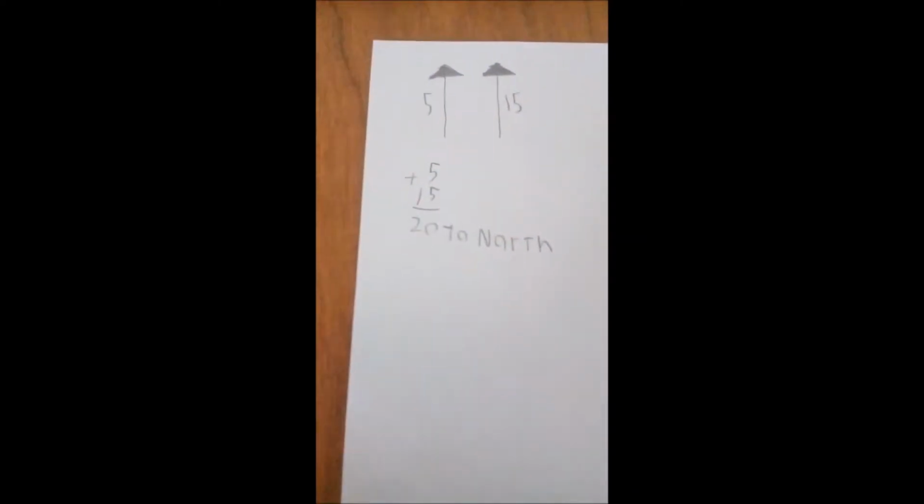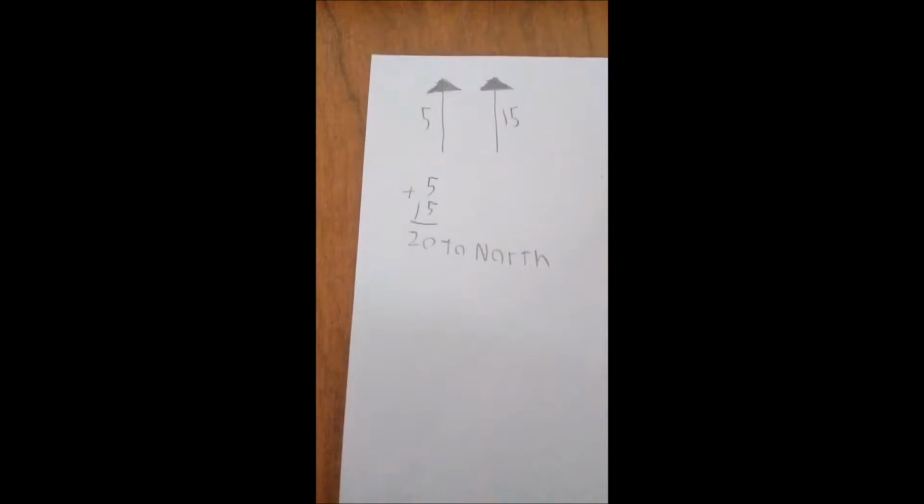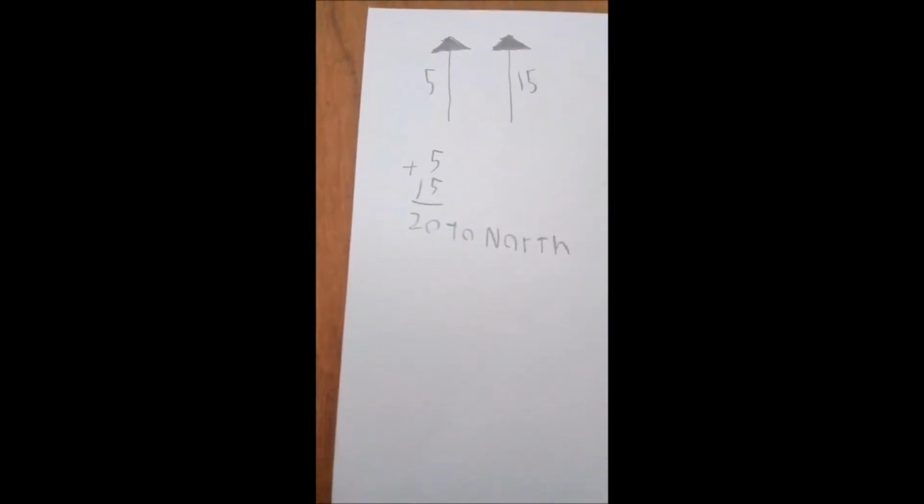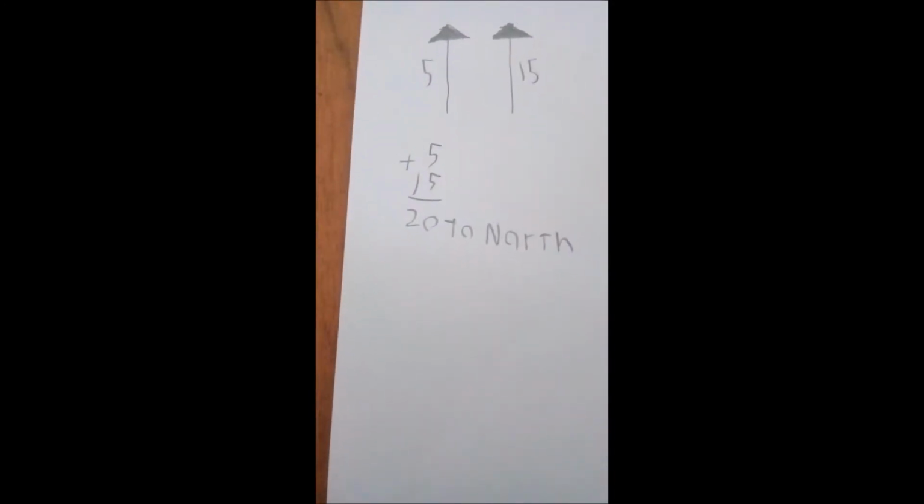Hi, I'm Sergio, and I'm going to teach you some problems with different types of vectors. We start with two vectors looking in the same direction, in this case the north. So in this case, we just have to sum, like 5 plus 15, and the result is 20 to the